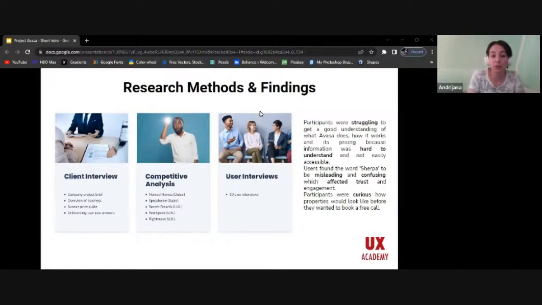As soon as we find the problems through our research methods, such as participants struggling to get a good idea of what the platform does, or something on the website being misleading, the team moves on to the fix process, which will ultimately help in fixing those issues.